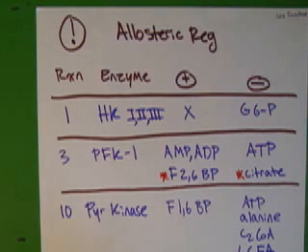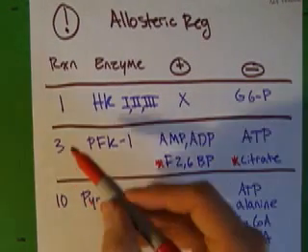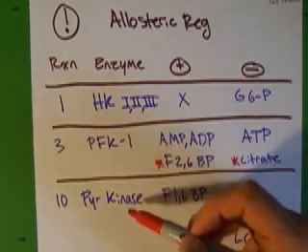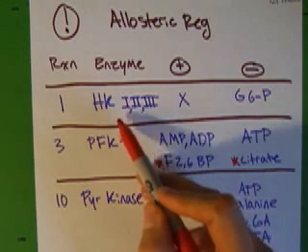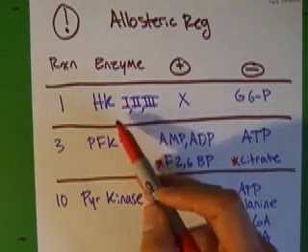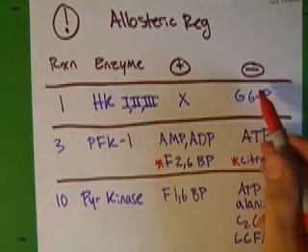So there's a chart talking about the allosteric regulation. This kind of sums up everything we're going to be talking about. You're going to look at which reactions, 1, 3, and 10, and the enzymes associated. Note that glucokinase or hexokinase 4 is not regulated allosterically. It's just 1 through 3 that are inhibited